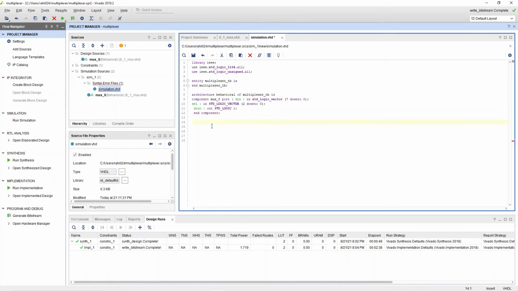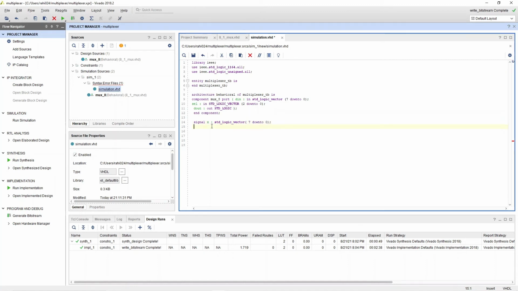After you have defined the architecture, whenever you want to test any circuit, you need to give some signals, which will be processed by that circuit, and then you will get the output signal. So first I will need a signal X. What type should it be? It should be a standard logic vector, 7 down to 0.